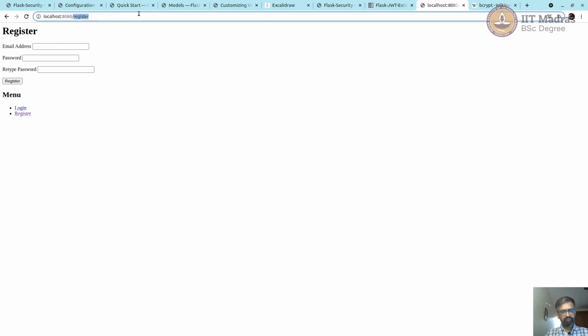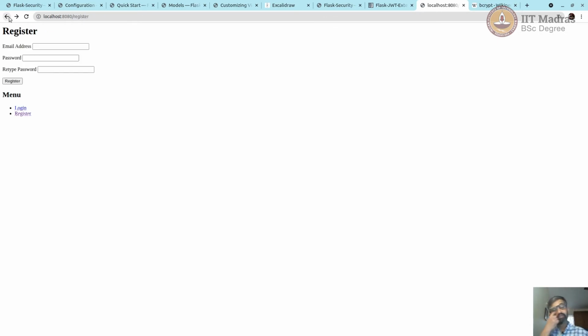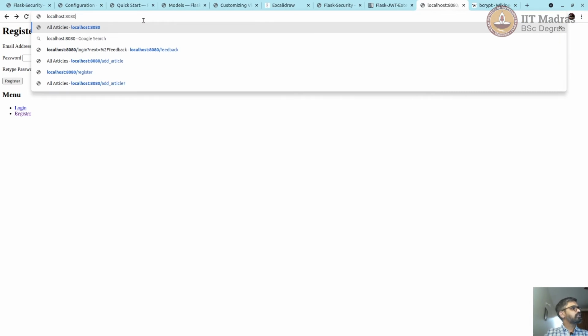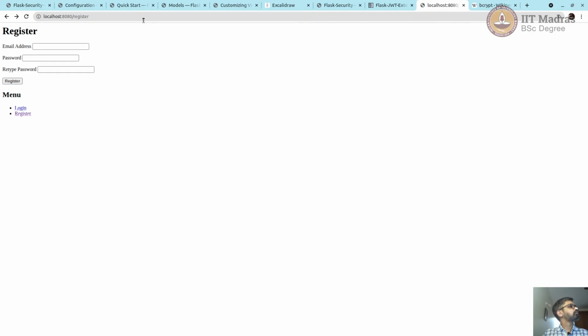Also, for example, if I enter some random thing, it goes to the page not found, go to main page. Previously, I had not saved the file, so that's why it was not loading. Anyway, let's go back to register and try to register a user. Let's say raj@raj.com. I'll just put the password as POSSIBLE,